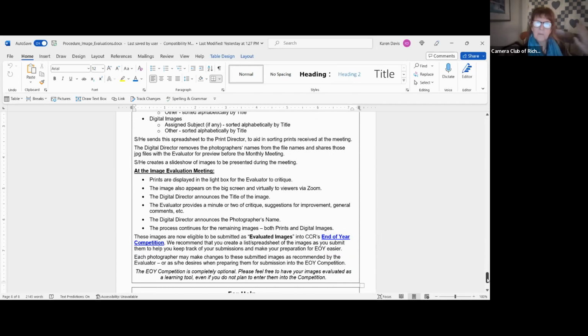The image appears up on the screen so that the people in the meeting room, as well as the Zoomers, can see that image. The digital director then announces the title of the image. Remember how we said titles are important. And the evaluator provides a minute or two of critique, some suggestions, general comments, etc. As Wiley mentioned earlier, it really, really is helpful to get someone else's opinion and advice and comments on your